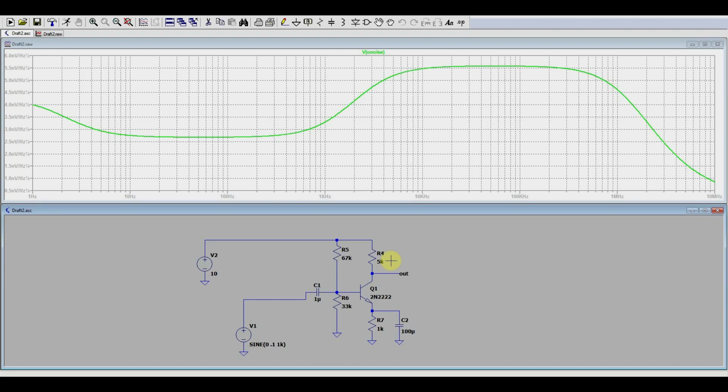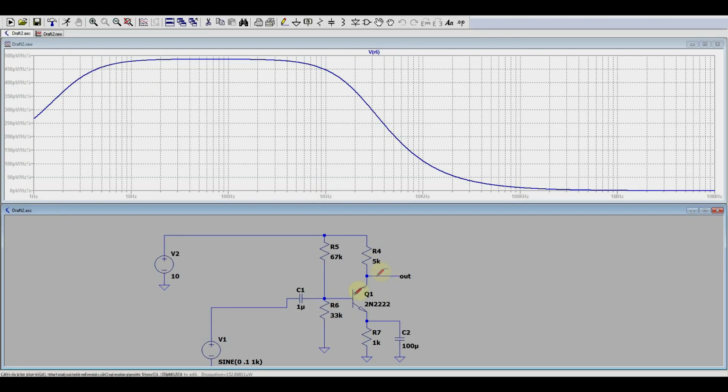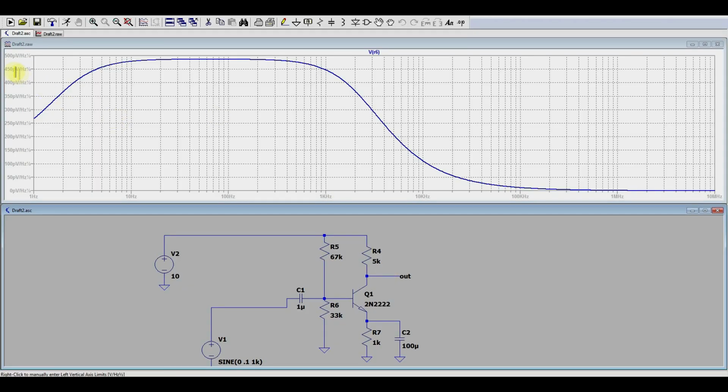What I want to show you with this simulation is that LTspice doesn't just simulate thermal noise coming from resistors, it also simulates shot noise and flicker noise associated with semiconductors. And now if we look at the noise from our resistor, we see that it's no longer flat. So the resistor has uniform noise density output. But the simulator is not showing us the absolute noise generated by the resistor, it's showing us how the resistor is contributing to the output noise. The resistor on its own would have a flat noise output. But being passed through this amplifier, only this region of the noise that the resistor is creating is getting to